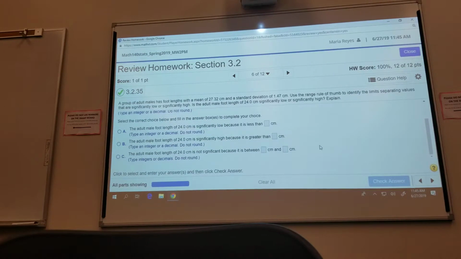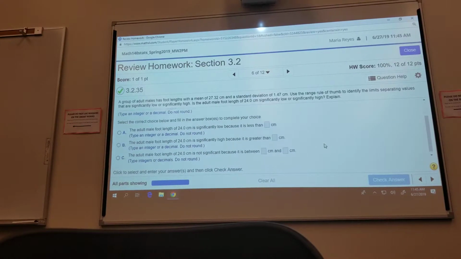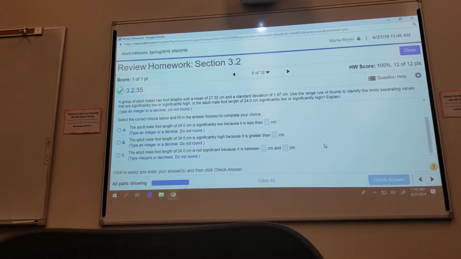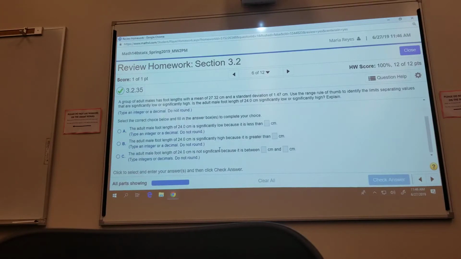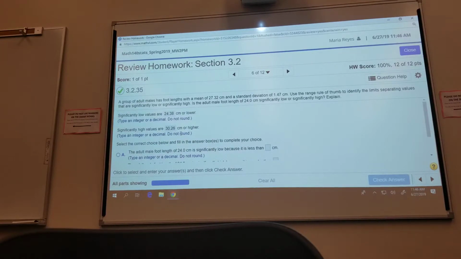And it keeps going. Alright, select the correct choice below and put in the answer to the box of your choice. So the first one says the adult male foot length of 24 is significantly low because it is less than blank. So basically it's asking if 24 is significantly low or significantly high, or in between. Significantly low,